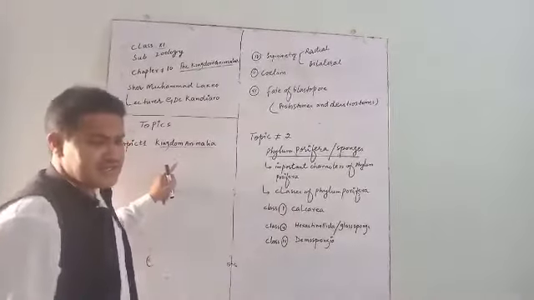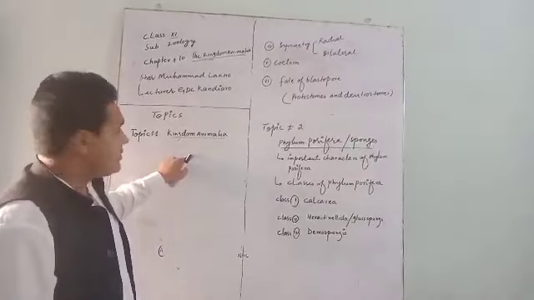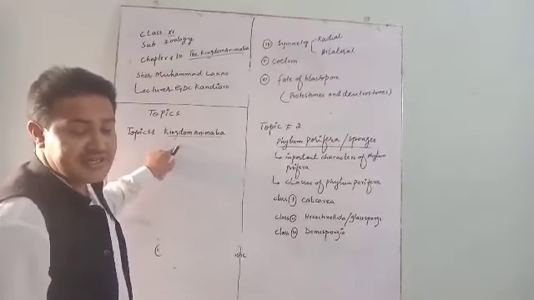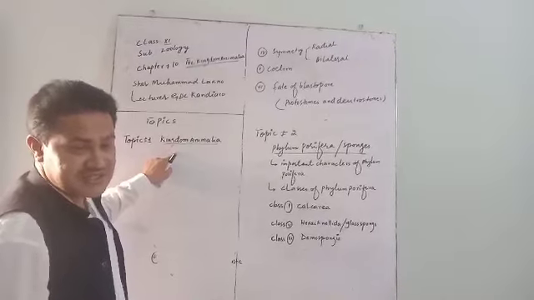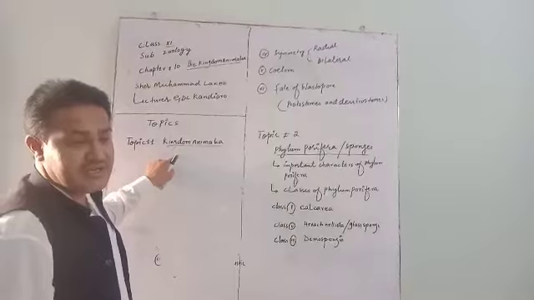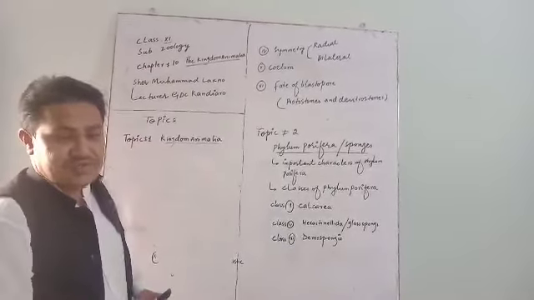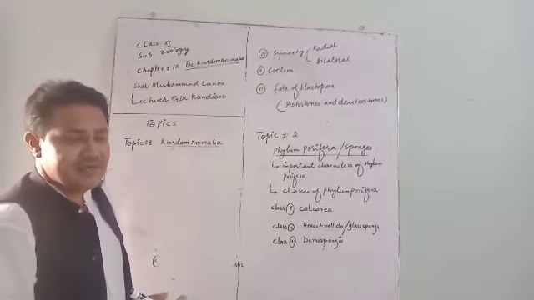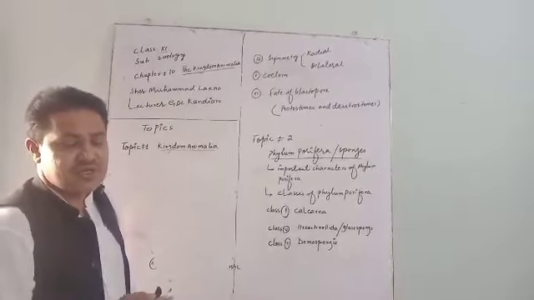Living organisms are categorized into kingdom systems. Now, the question arises: what is kingdom? Kingdom is the highest taxon. It is the highest taxon of classification. Living organisms are classified into 5 kingdoms. There is no kingdom of virus yet. Virus is a borderline between living things and non-living things. That's why there is no kingdom for it.